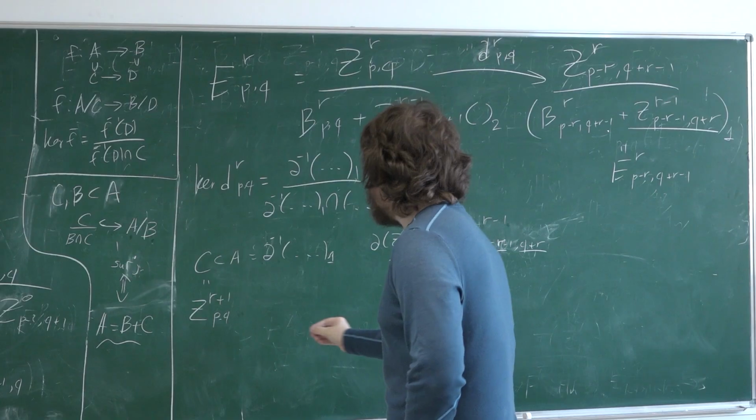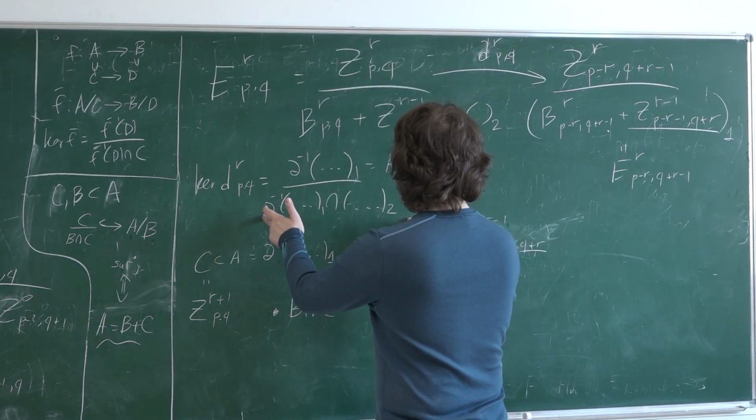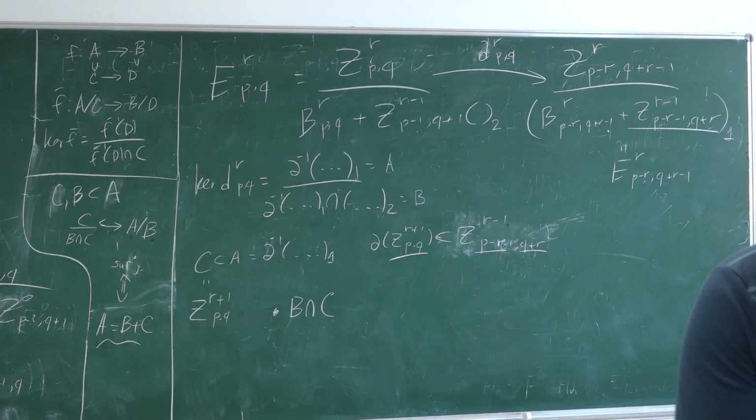What is B intersect with C? B is this big one. When we intersect it with C, what is this? In fact, it's an easy thing, because